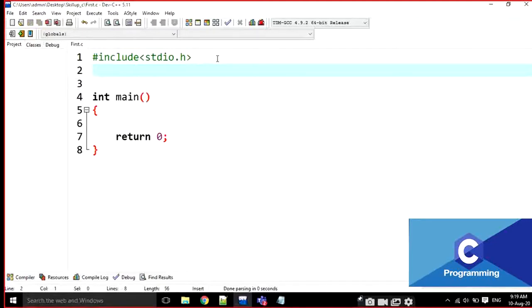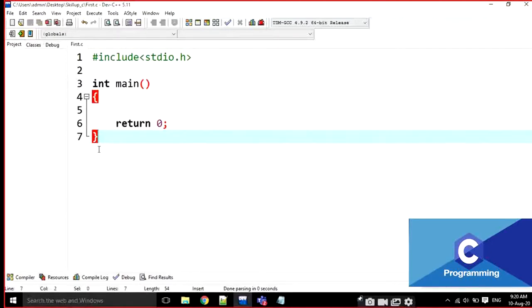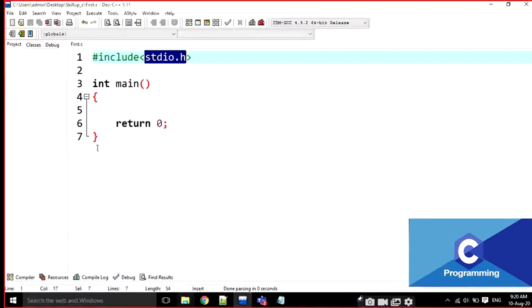The header file is going to support our own function. Okay, then what is support? For example, when I am saving this program, it is going to be saved as .c. Every time it is going to be a .c file, right?